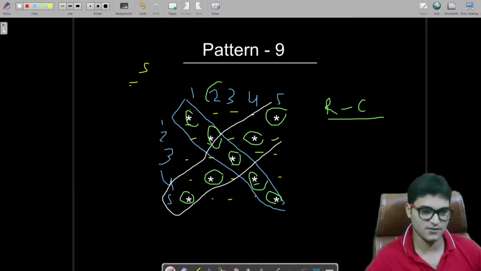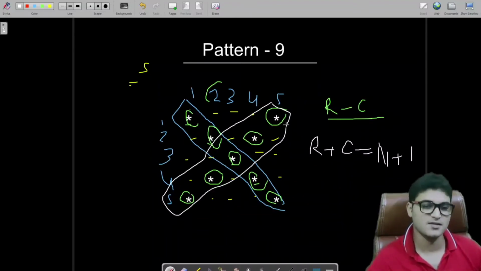This diagonal is for row plus column is equal to n plus 1. What is n? n is the input or size of this pattern. Let's verify this. Look at this. How many rows are here? We are currently in first row and fifth column.